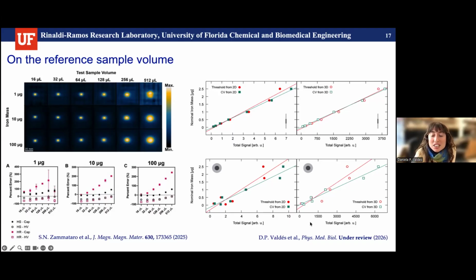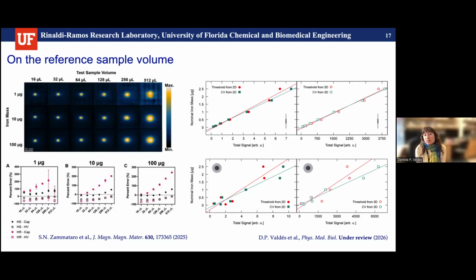So a lot of calibration curves are useful, and then you'll have to quantify each type of scan and each type of sample with the corresponding calibration curve. For in vivo, it's more challenging, of course, because